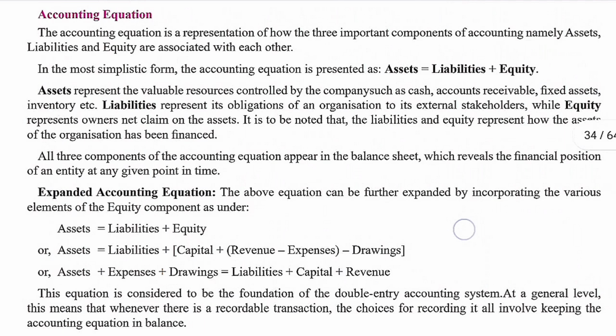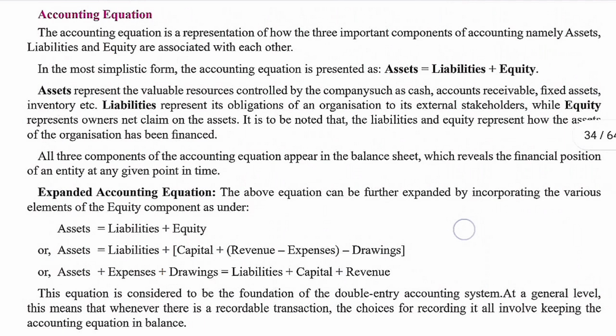The expanded equation breaks down equity into its components. Right now it feels very easy, assets equal liabilities plus equity, but we can also break it down. The brackets are the first thing to focus on. The first bracket is revenue minus expenses. After doing that, we'll get an amount, and that amount has to be added to capital. Then we have to subtract drawings from this amount, and then add the resulting amount to liabilities,